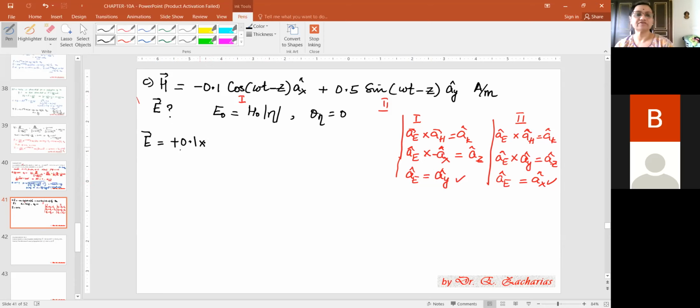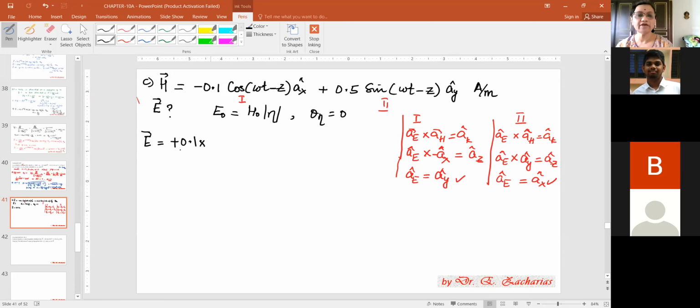Modulus eta is 60 pi. Yes, ma'am, 60 pi, and then cos of omega t minus beta z, where omega you also calculated. If you want, you can put that also here so that in one step, let us finish. So what will you write for omega? Omega is 1.5 into 10 to the power of 8 into t, minus z, and the first term you found is a_y cap.